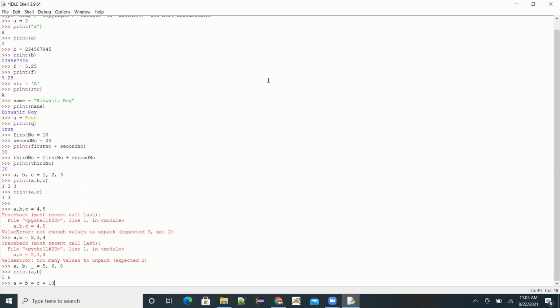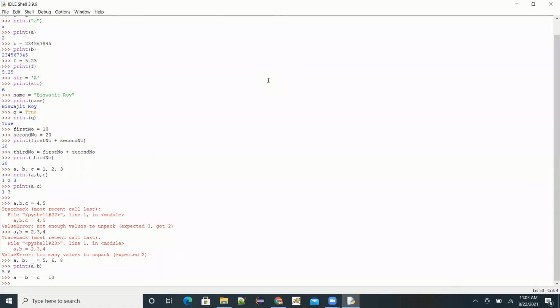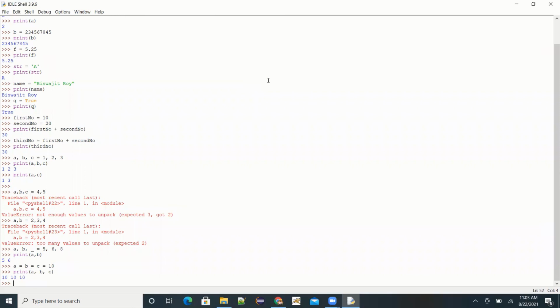So this will be the syntax: A comma B comma C equal to 10, and if I print A comma B comma C, it will print 10 for each of those variables.